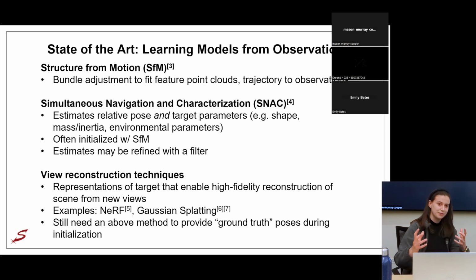As I'm sure we've been hearing from some other presentations that people have given in here, there's plenty of existing work that sort of seeks to address similar issues. Particularly, there are a few different classes of techniques for characterizing the shape and pose of some unknown object, particularly a space object. We have certain techniques that are somewhat tried and true. I've separated these into some broad categories. So the first one I would say is a category where we're learning a model based on many observations of